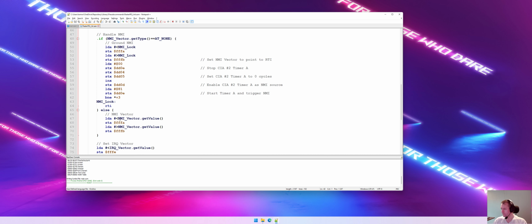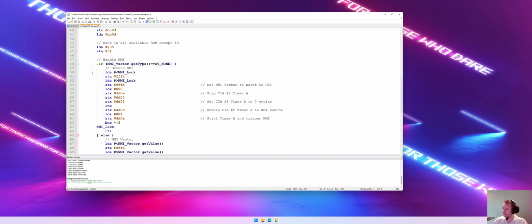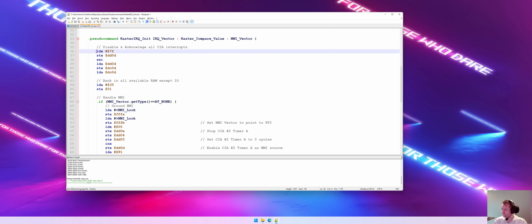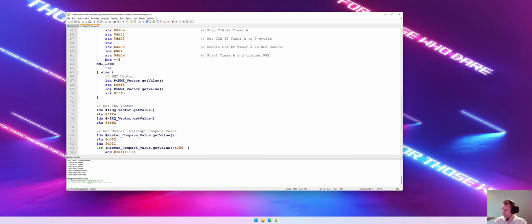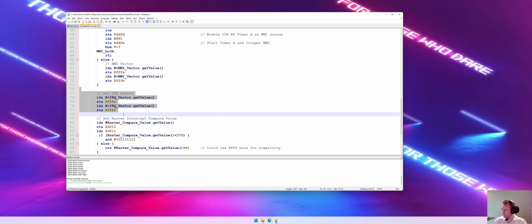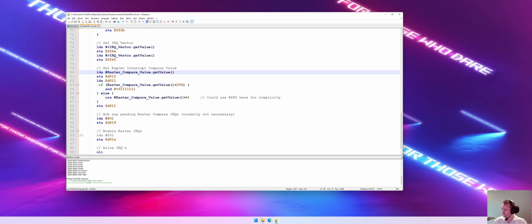Or you can also set up an actual vector, and this NMI vector is the FFFA and FFFB address locations. So that's that. The first part here is setting the interrupt flag, disabling the CIAs, then setting up the IRQ vector. And then here is the raster compare value, which is setting up the D012 and also the D011,